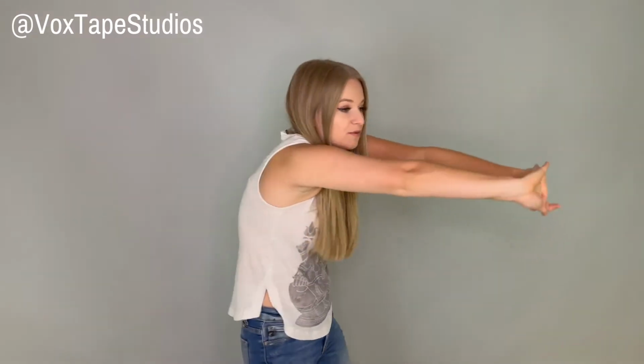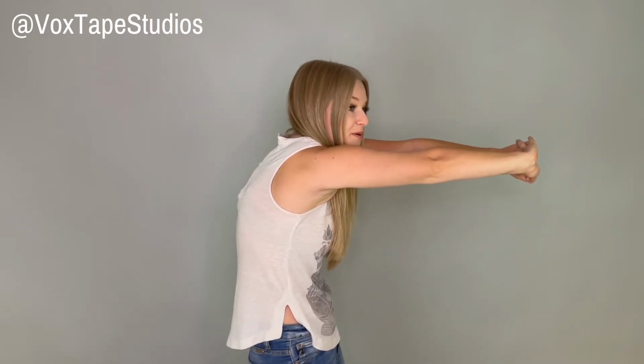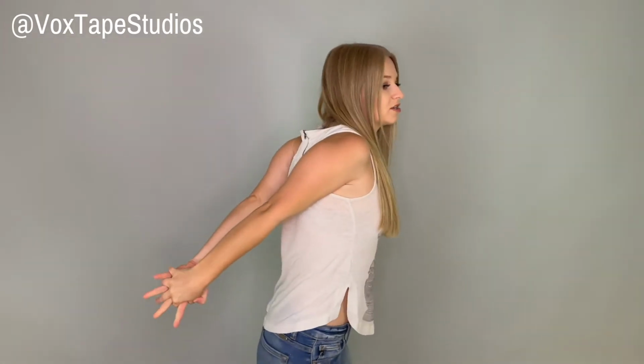Keep breathing. And then I like to stretch forward, really round your back like that. I know it's a little bit weird. It looks weird, but we want to open up the back of our back, the shoulder blades as well. And the opposite, of course, too. Interlace your fingers if that feels good to you, and stretch open the front of your chest. Again, this is all just to create space and openness in our chest area for our breathing, because without breath,